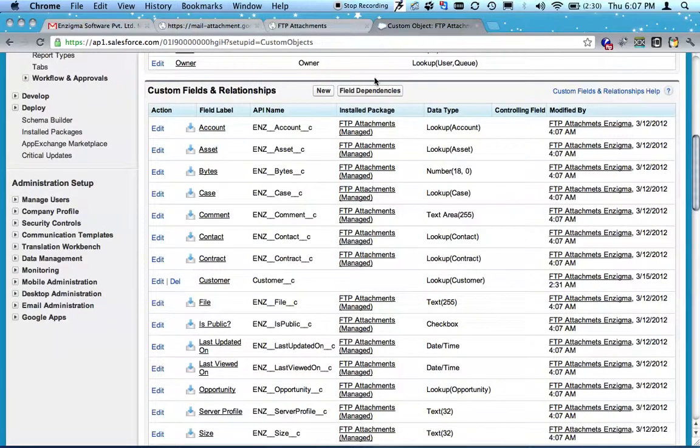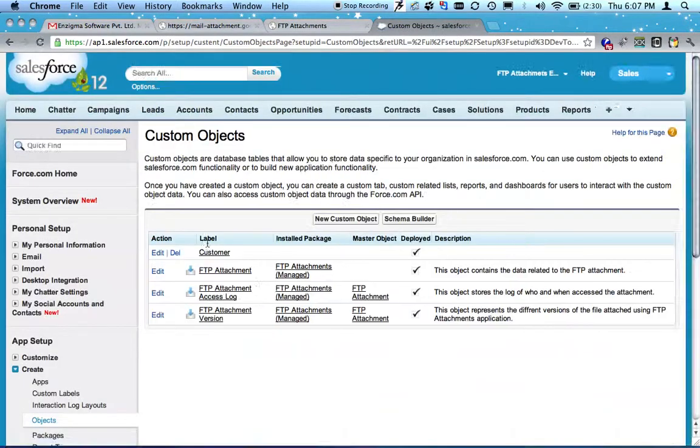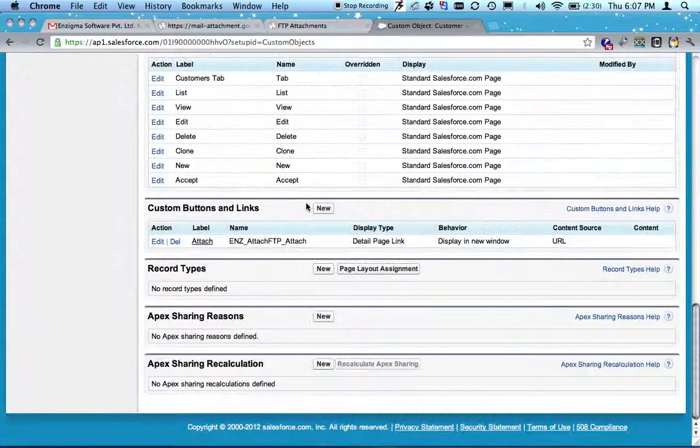Navigate to Salesforce. Open the custom object. In the custom buttons and links, you can see the link we have created.